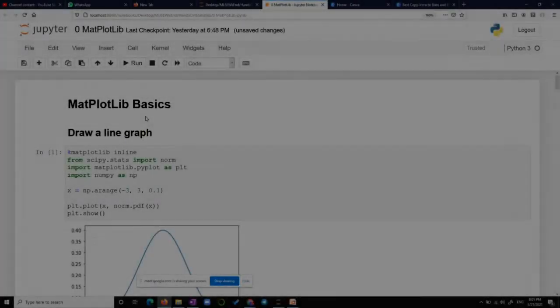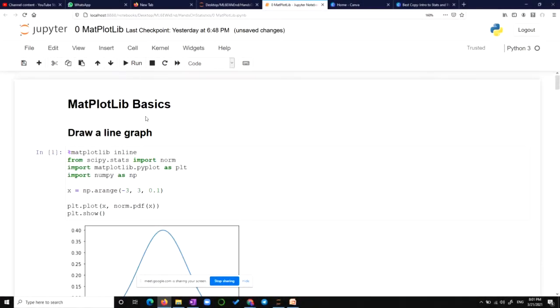Let's get to some hands-on activity. This is a fun class. This is just Matplotlib basics. What is Matplotlib? It's another package, developed by Python people, so that you can put in your numbers and plot them. Whatever I'm doing, every time I draw X and I draw Y, that's what I do many times.